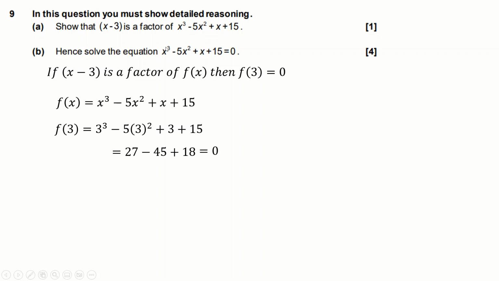Good. Hence solve this equation. That means that this thing has a factor of x minus 3, as we've just said. So this thing is literally x minus 3 times some other thing. Now lots of people will be expecting to see some polynomial division here. If you're a long-time fan of the channel, you'll know though that I never do polynomial division because I irrationally hate it. So what I'm going to do instead is just write it like this